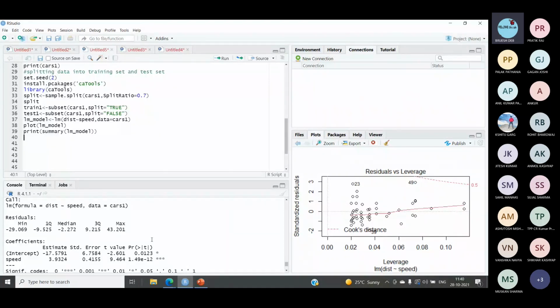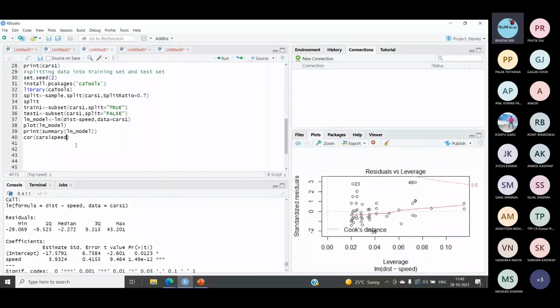Once this is done, let's try checking the correlation degree, because in the previous session we discussed that when we are choosing any variables for this purpose, we must check the degree, the strength of the correlation. So let's check that. Let's check the correlation, and we are using the cars data set. So we will specify the name of the data set, then $ and speed. This is how we refer to a particular column of a data set.